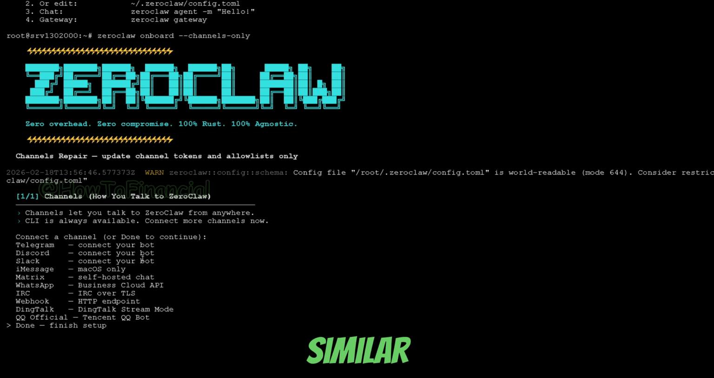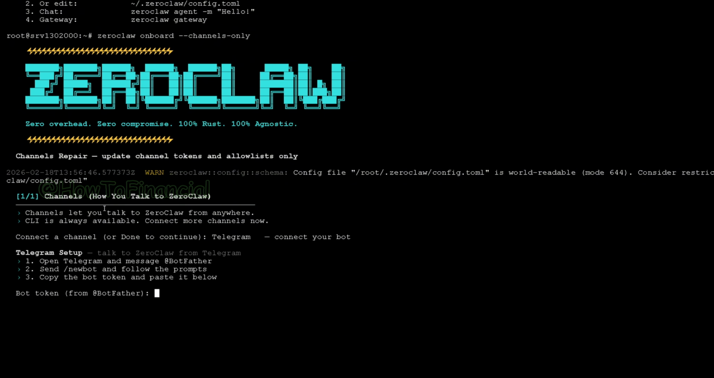So this is a similar wizard like on OpenClaw, but here we would again just need to use our arrow keys on our keyboard to select the chat app of our choice. So this is a Telegram setup video, so I'll just go ahead and press enter to confirm Telegram as our selected chat app of choice. And once that is finished, we will need to go to Telegram and then just go ahead and create a